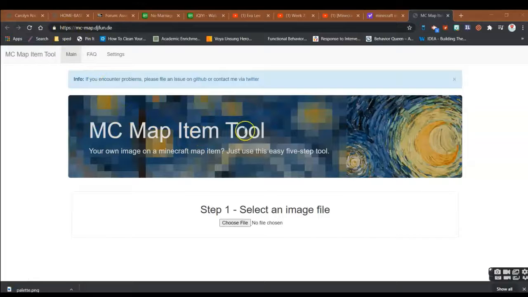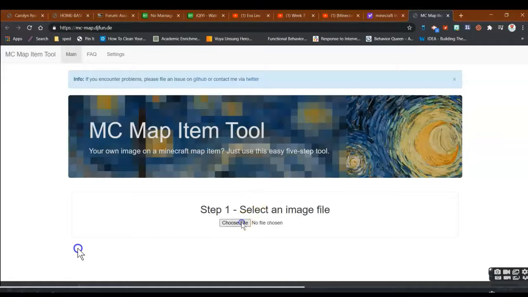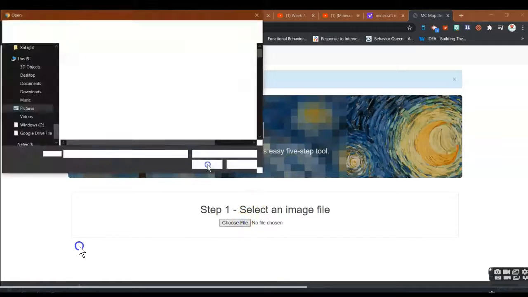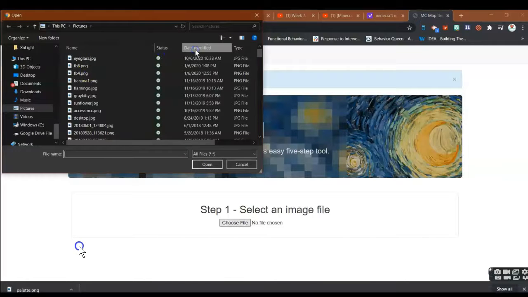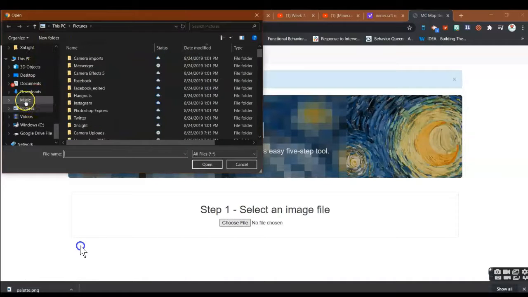Then you go to the map item tool to create a map from your image. It's not where this is. This is going to be